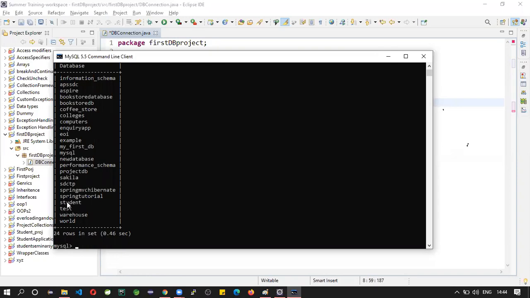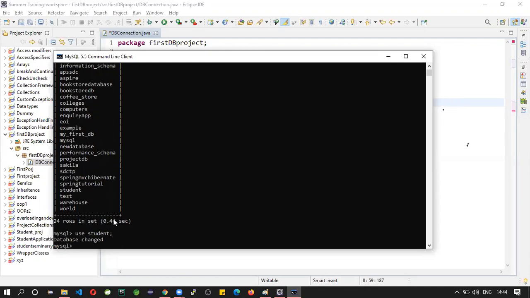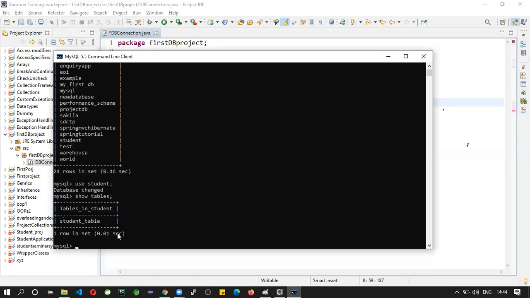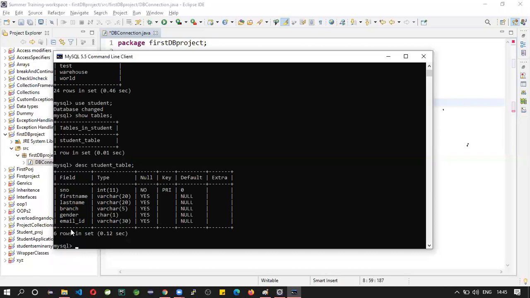Yesterday we created the student database, right? So let's use the student database. Use student. Let us see how many tables are available in that one table. Let us describe that. Select.